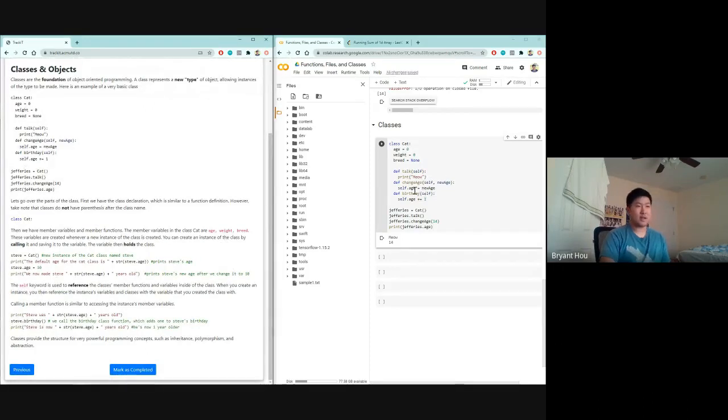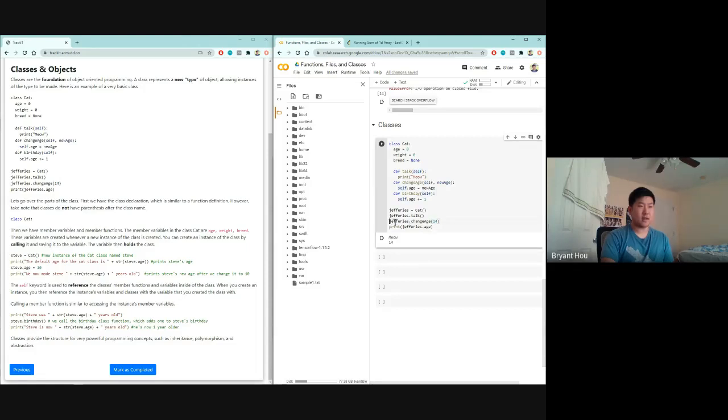So here you can see that we'll go through the methods. Here we just have a simple print. And then here we have the change age. Whenever you create a class method, you have to pass in the self, which is referring to the object itself. And then you can also pass in different variables such as the new age that you want to add. And whenever you call the actual method, you don't have to specify a self inside of the parentheses